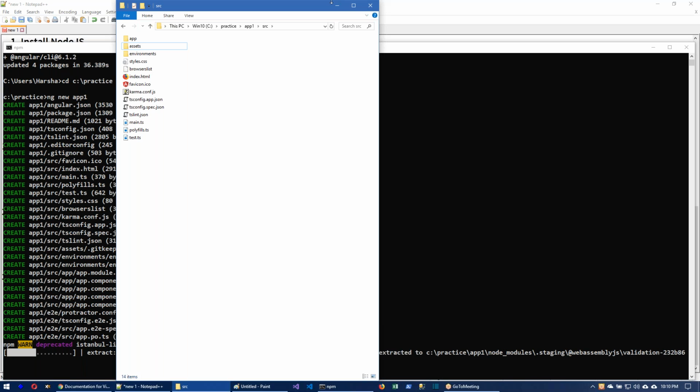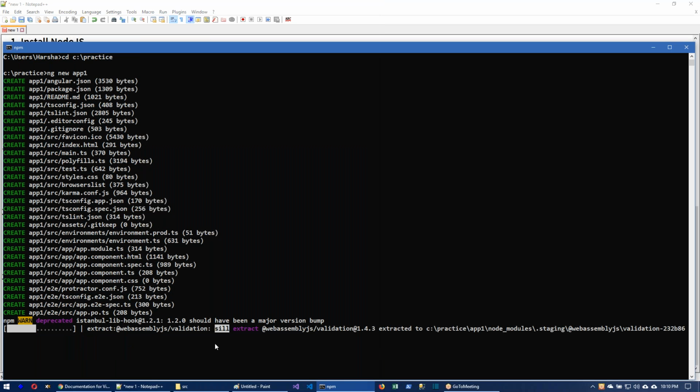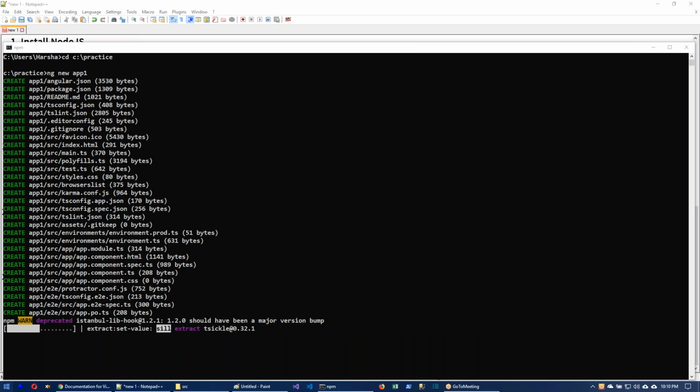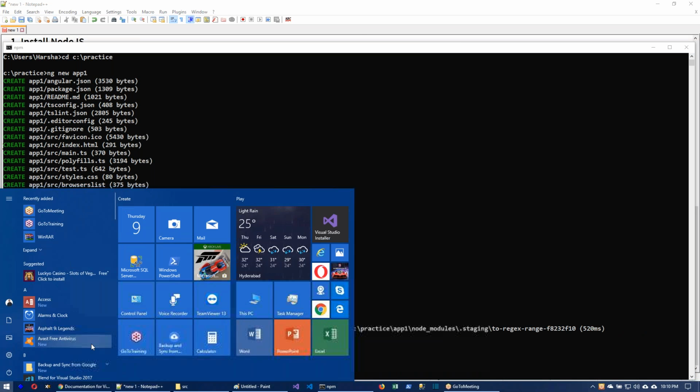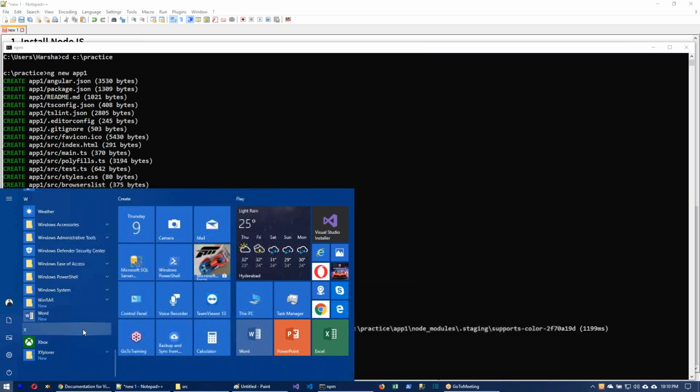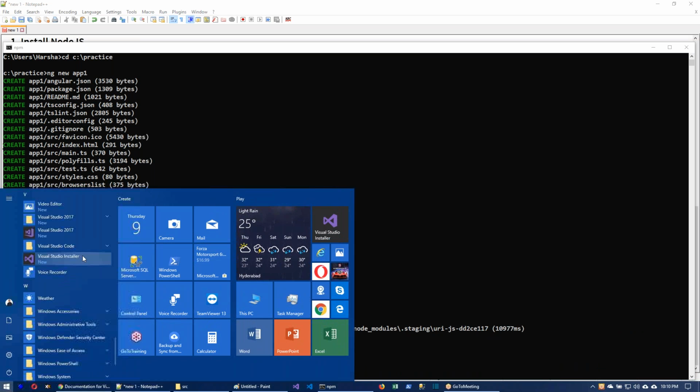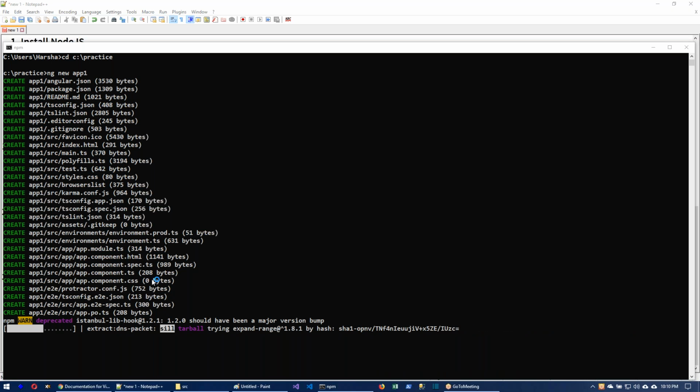So anyways, it will take some time to install these packages. We need not wait for this. And we have already installed Visual Studio Code, right? So we just have to open it. Go to Start, Visual Studio Code, this one. Once we click on this,